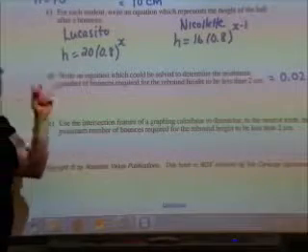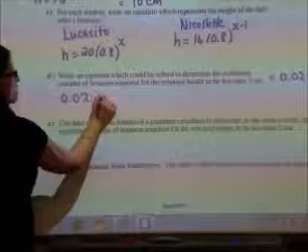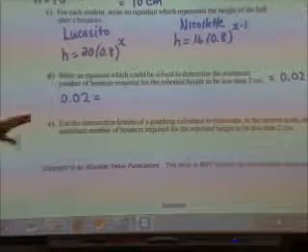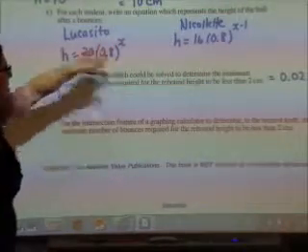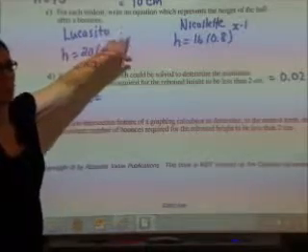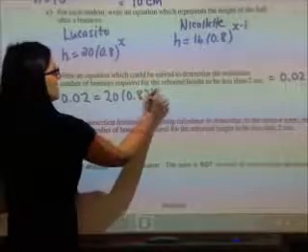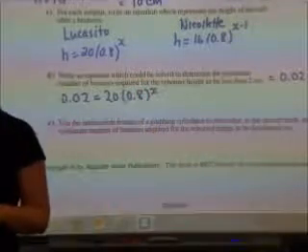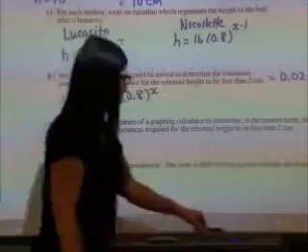So the equation that would be used to determine the minimum number of bounces would be my height would equal 0.02. And then I could use either Nicolette's or I could use Lucas's, although his, I don't have to worry about the x minus 1. So 20 times 0.8 to the power of x. So if we use our graphing calculator to do this,